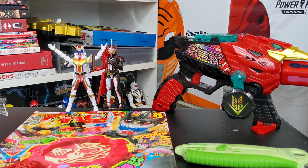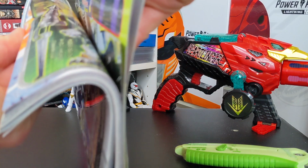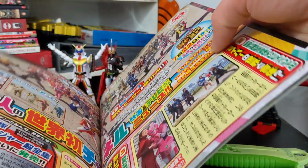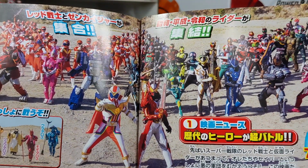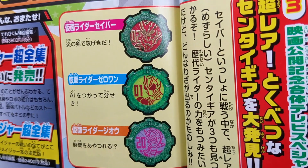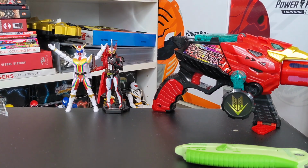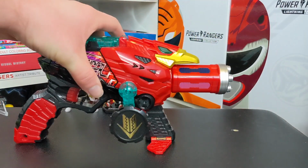We do see in that actual Televi-Kun issue, which I'll go ahead and show off, because I probably should have showed that page already, because it's a cool page. There is a page in here about Superhero Senki, which I'm very, very excited for. And there are those Kamen Rider gears we talked about in the latest Sentai Gear What We Know So Far episode. That's where they came from. They came from this issue. So, put that off to the side there. Because, of course, we're going to take a look at what this gear does in the...